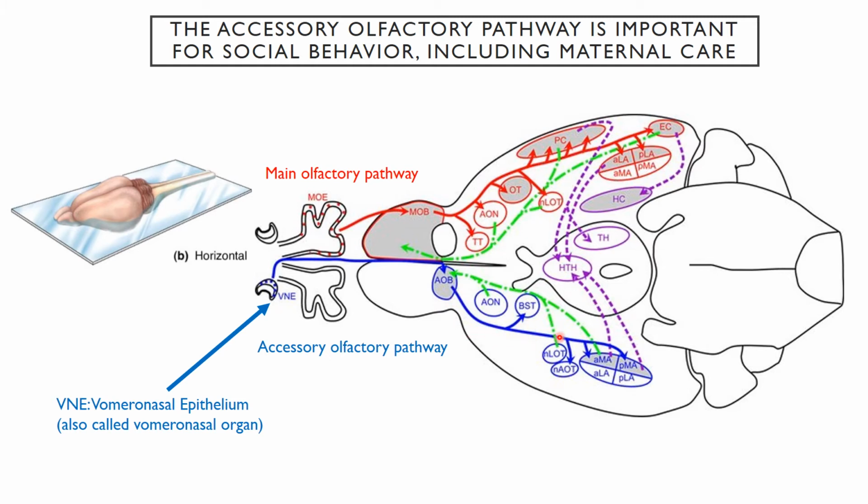Instead, these will project to areas that are more involved with, again, parts of the amygdala, so it's going to be regulating an emotional response, and to the hypothalamus to induce hormonal changes. There's also the bed nucleus of the stria terminalis, the BST. This is known as a very important sort of instinctual behavior center. So you can see that there are these additional areas. The main point of this is that we have a secondary pathway through which the smell of infants, or say even of potential mates, is being regulated.